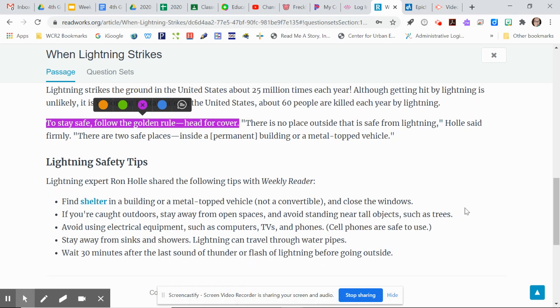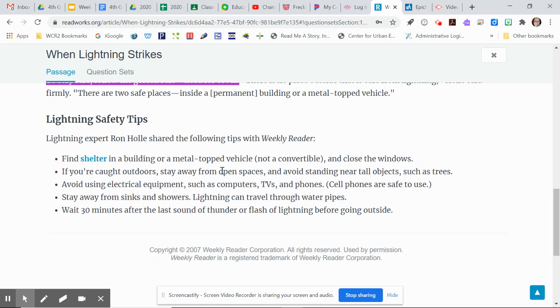Lightning safety tips. Lightning expert Ron Hull shared the following tips with Weekly Reader. Find shelter in a building or a metal top vehicle, not a convertible, and close the windows. If you're caught outdoors, stay away from open spaces and avoid standing near tall objects such as trees. Avoid using electrical equipment such as computers, TVs, and phones. Cell phones are safe to use. Stay away from sinks and showers. Lightning can travel through water pipes, and